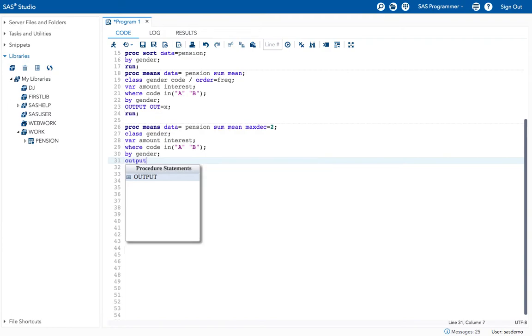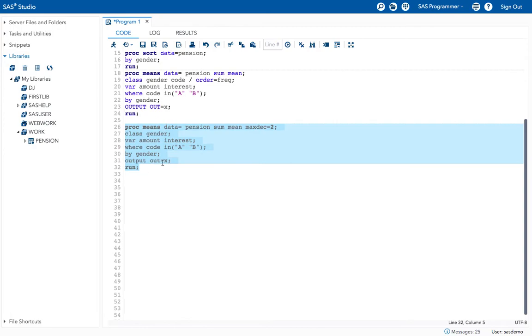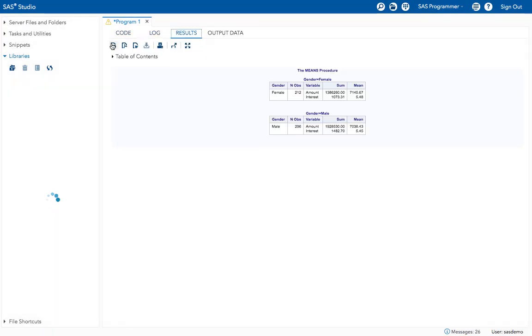Okay, output statement, give out equal to any valid SAS data set name. Here I am giving, for example, X. See now what it will do, it generates an X data set in my work library with these PROC MEANS results.